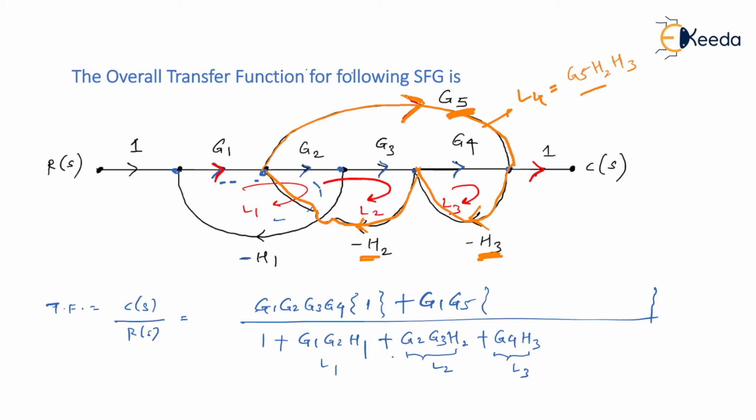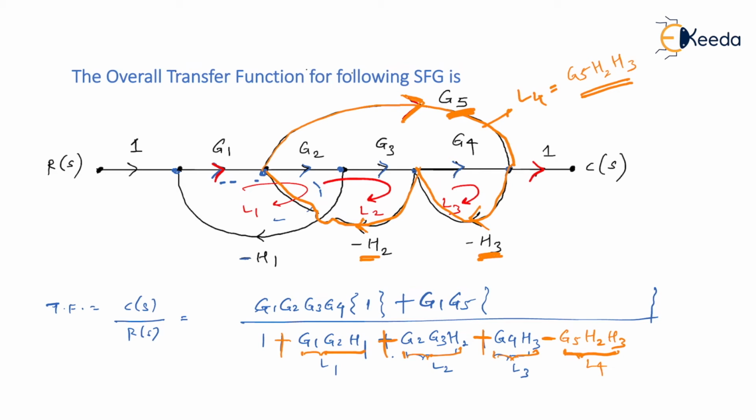But please don't forget, since your L4 is positive, what will appear over here in the denominator of delta is nothing but, in the delta formula itself, it will become negative. I hope you understood my point. So it is minus G5 times H2 H3. So this is your L4. I hope you understood L1, L2, L3, L4. Please remember, your L1 was originally negative, therefore it has become positive. Your L2 was also negative, therefore this has become positive. Your L3 was also negative, it has become positive here. And since your L4 was already positive, because of the negative sign, here it has become negative.